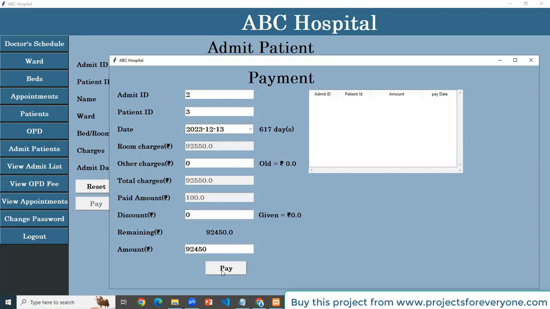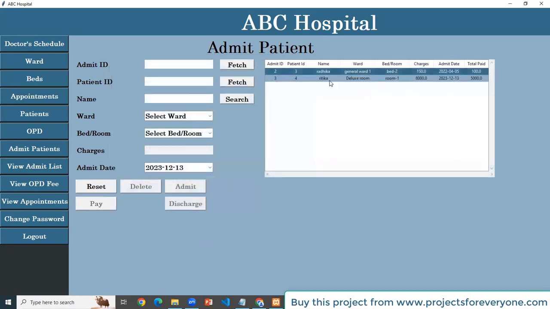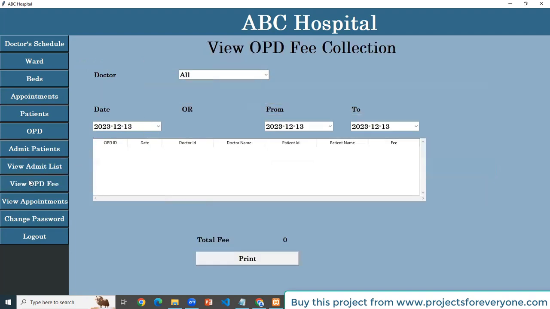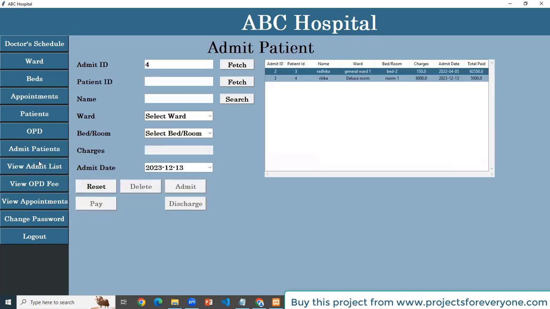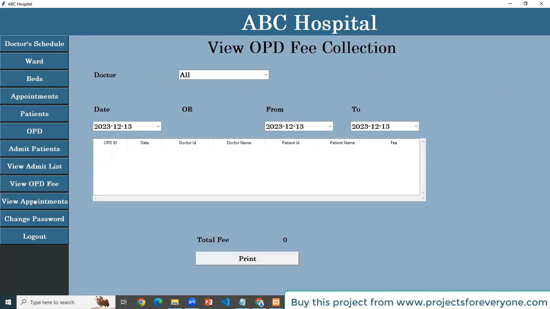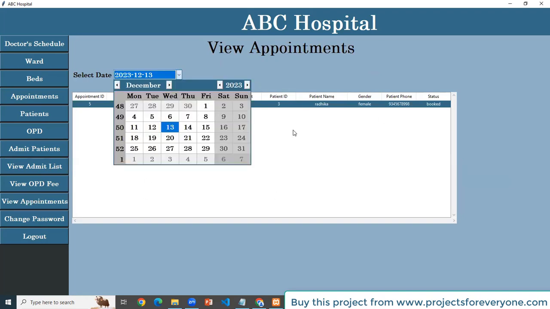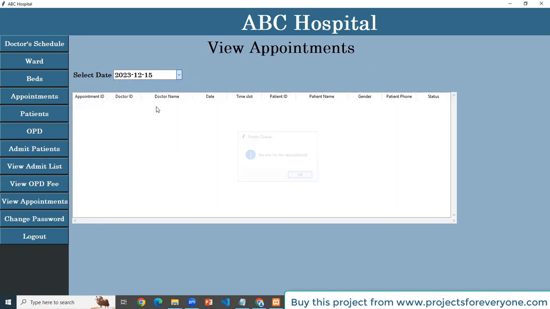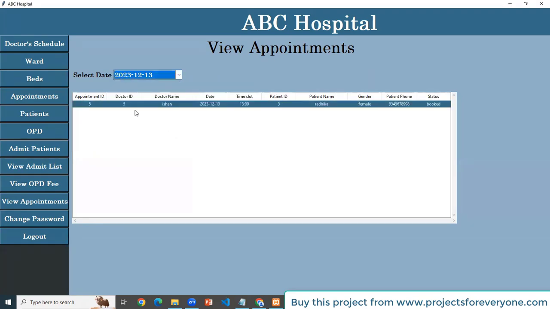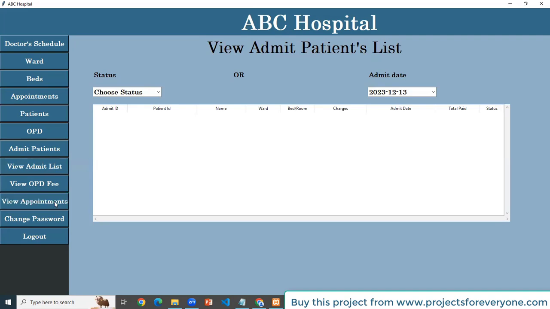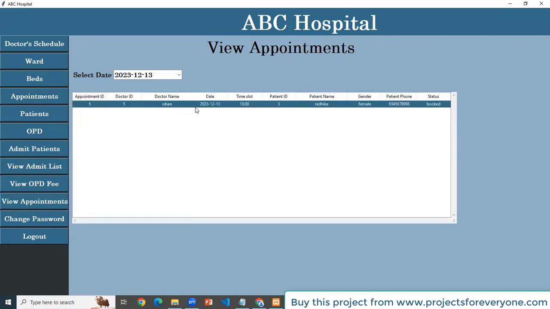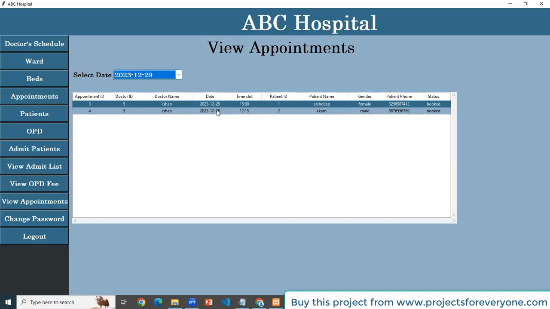On discharge we have to pay the full fees. View appointments with the current date.